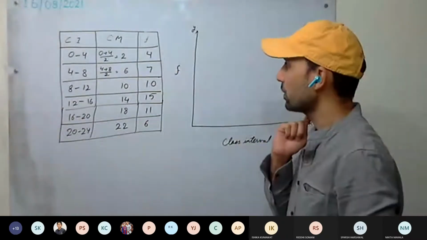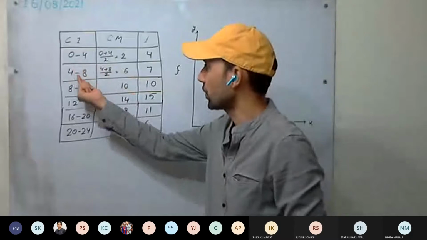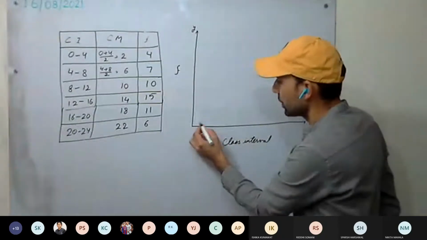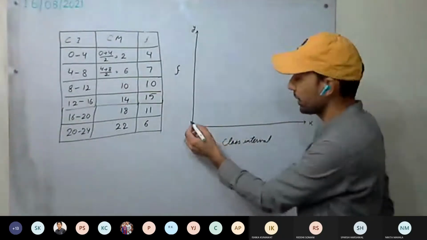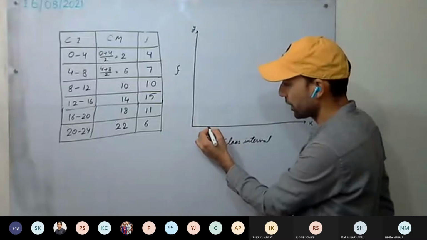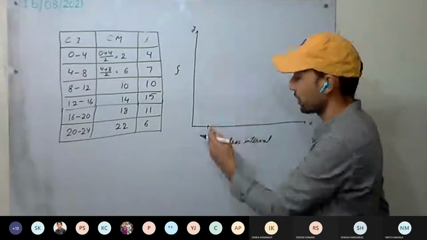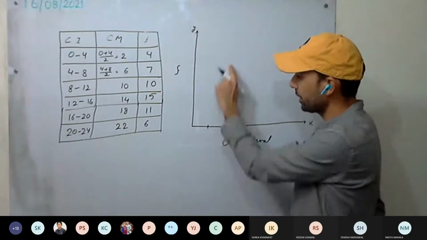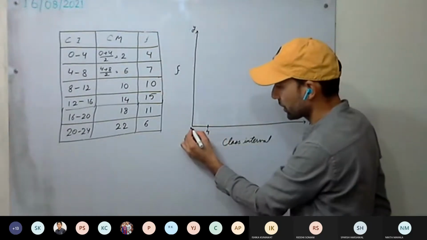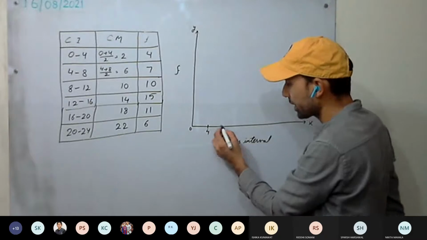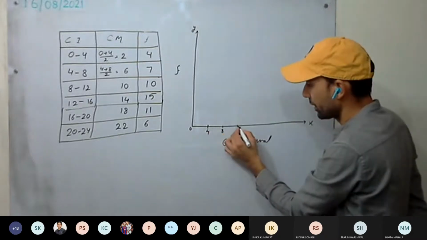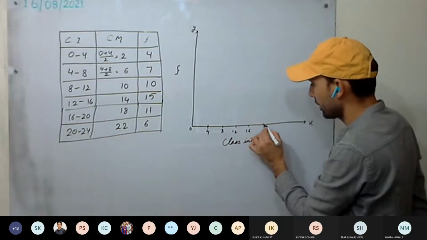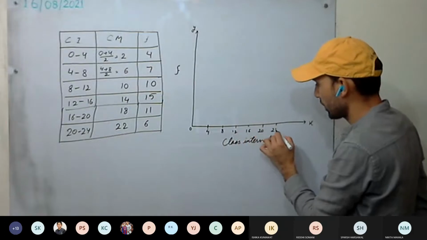Okay. Now, how are the class intervals? 0 to 4, 4 to 8. So how are we going to take them? You are seeing the blocks on your graph paper. 0. Then after 10 mm, you have a little bit bold line. Then again at 10 mm, a bold line is there. So that will mark 4. We start from 0, 4. Then next bold line 8, 12, 16, 20, 24.